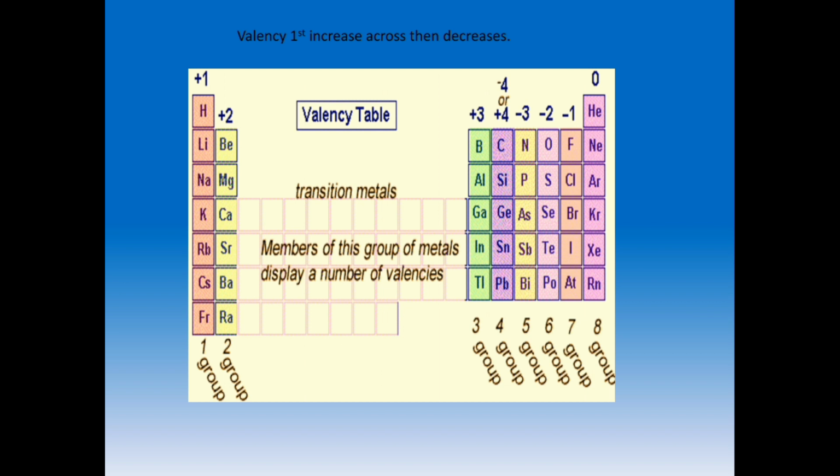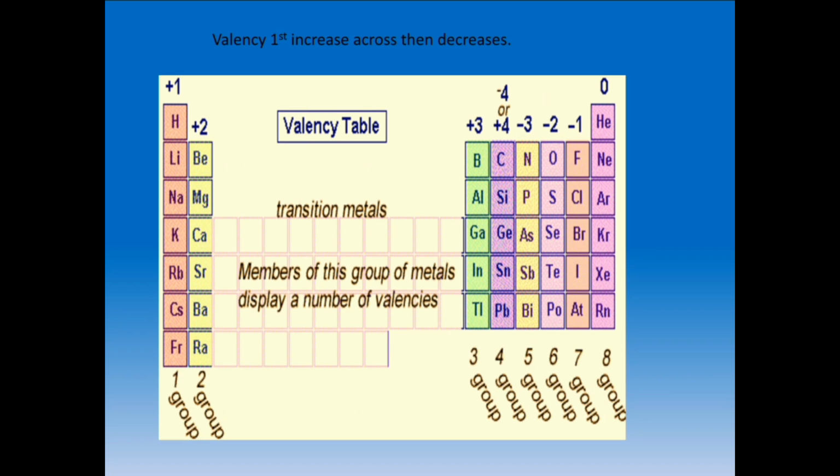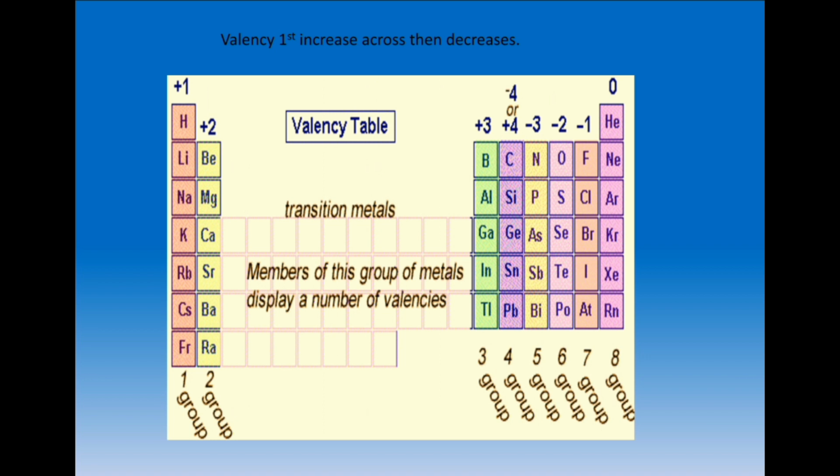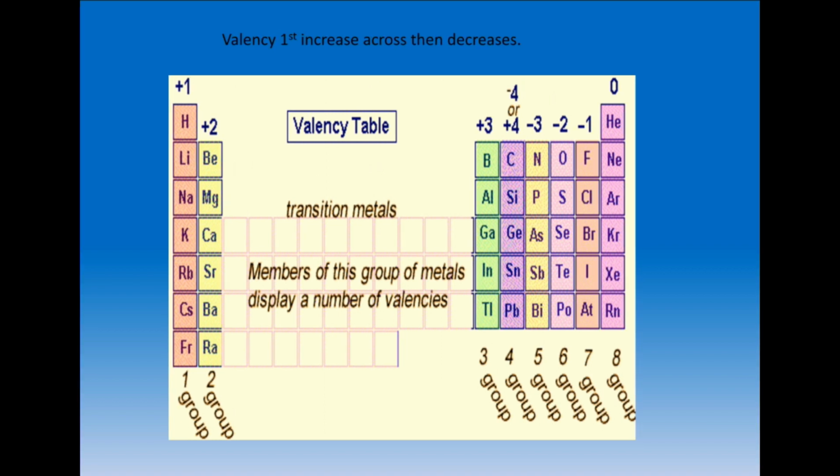So what do you mean by valency? Have you come across this word? Yes, you know what valency is. Valency is nothing but the combining capacity. It is this important property that helps the atom either gain or lose electrons in order to form a compound or a bond. For any chemical reaction to take place, the combining capacity of an element is very important.